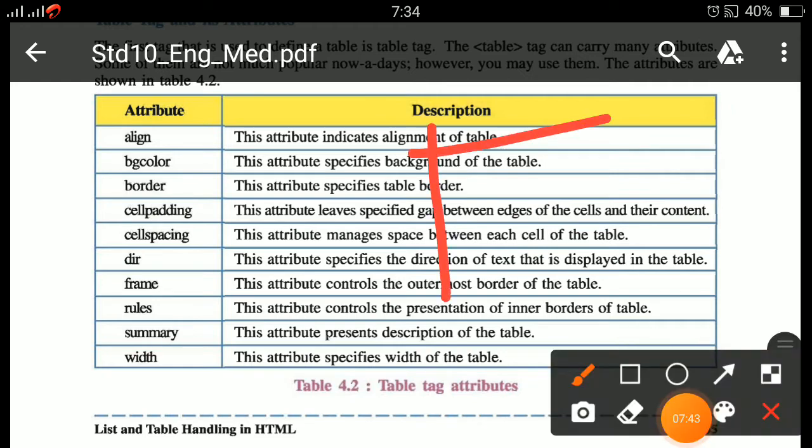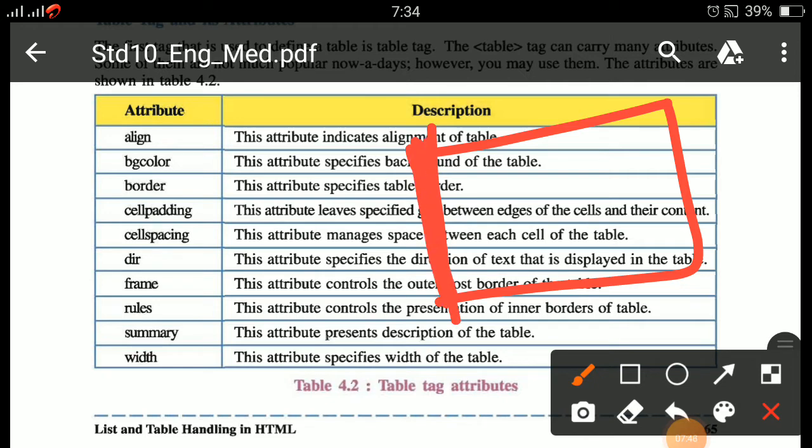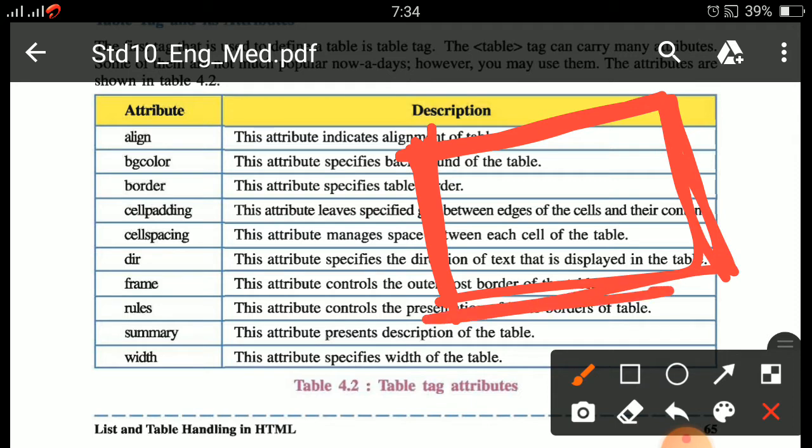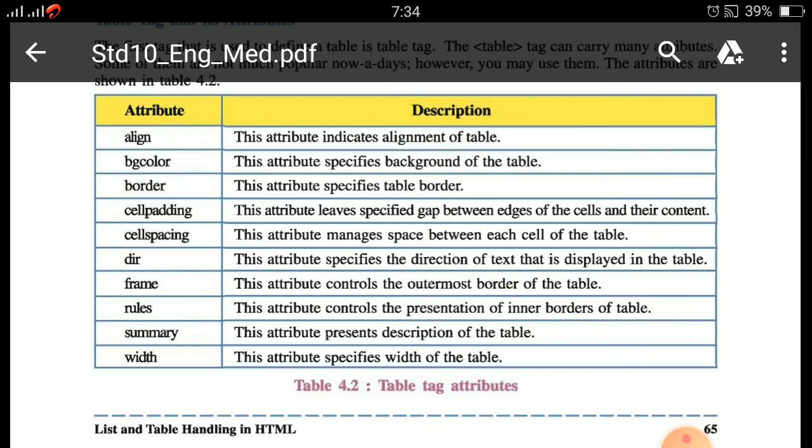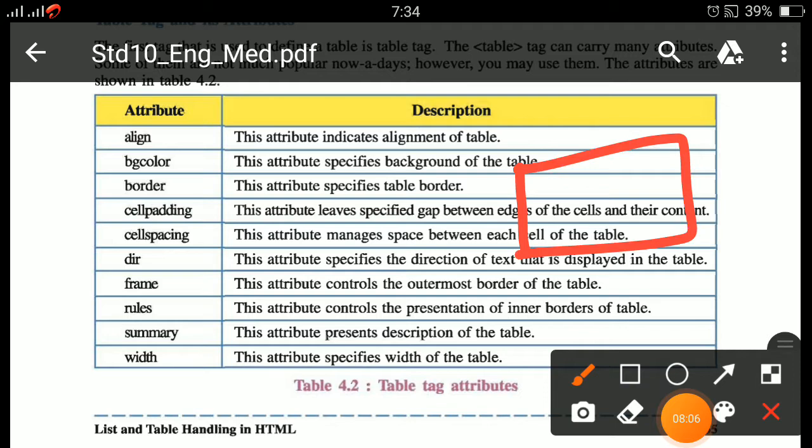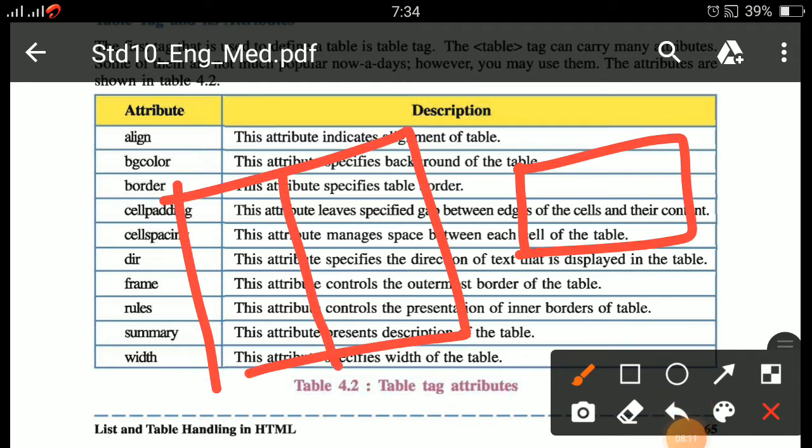Suppose this is your table, and if you want to add the border, this thick box border, at that time which attribute is used? Frame attribute. Then after, rules, this attribute controls the presentation of the inner border of the table. This one, inner border of the table.